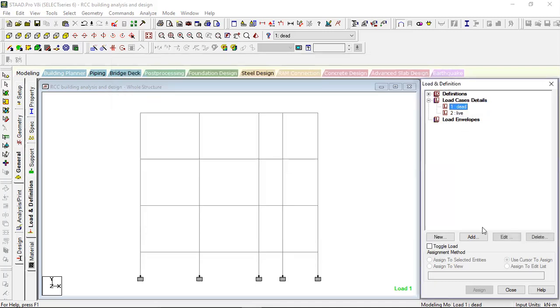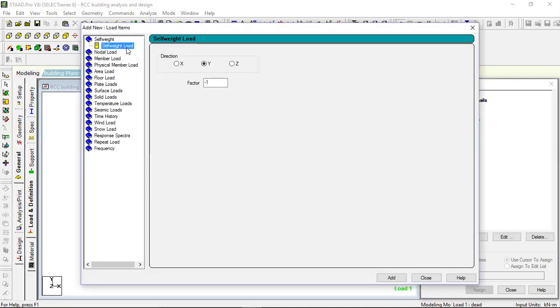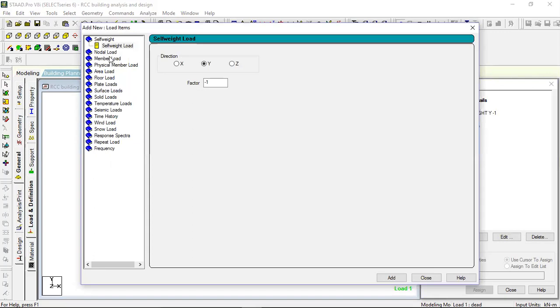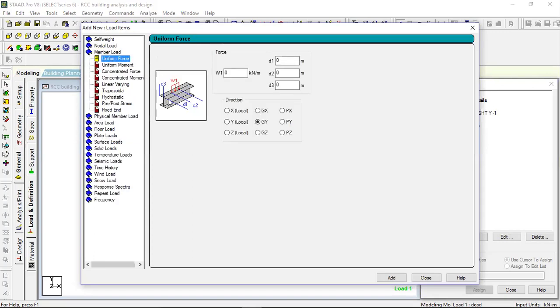So in dead load, first I have to add self weight. It is self weight in the minus direction, and wall load. One more thing that I need to add is wall load, that is UDL wall. The wall load will be in UDL. This is a beam and the wall will run above the beam, so that wall load we have to calculate. Generally it will be 18 kilonewton per meter according to practice. According to practicals we can consider 18 to 22. I am considering 18 kilonewton per meter. Now I will add it.